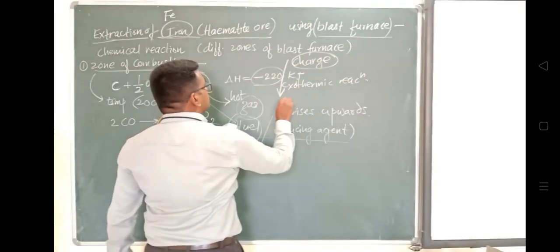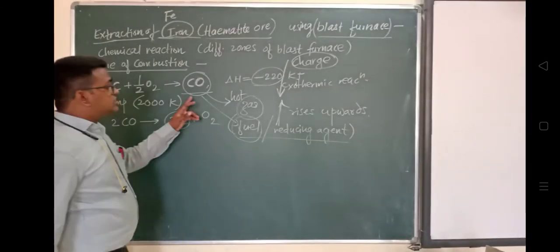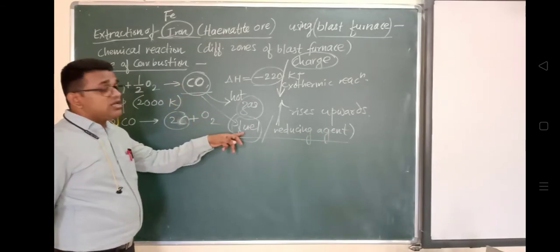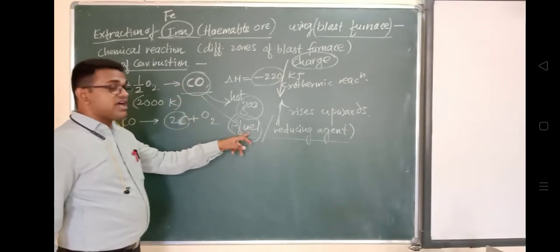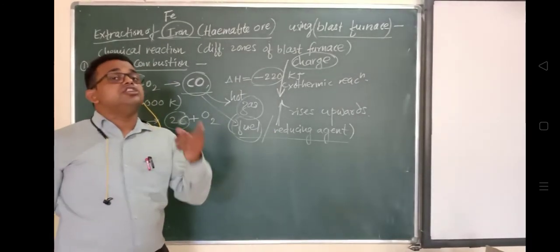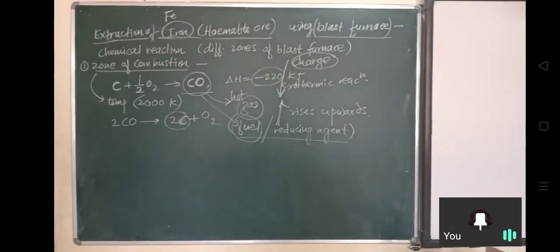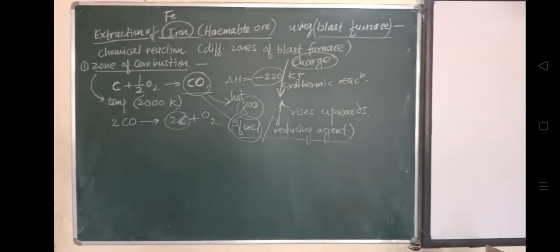This Fe2O3 will get reduced by carbon monoxide in the second zone, called the zone of reduction, where Fe2O3 gets reduced by carbon monoxide acting as a reducing agent, and we get spongy iron. As we know, some part of this carbon monoxide will get decomposed into carbon, so Fe2O3 also reacts with the carbon to form metallic iron. In this way, iron will be formed. What are the different zones apart from reduction and combustion? We will study that tomorrow.